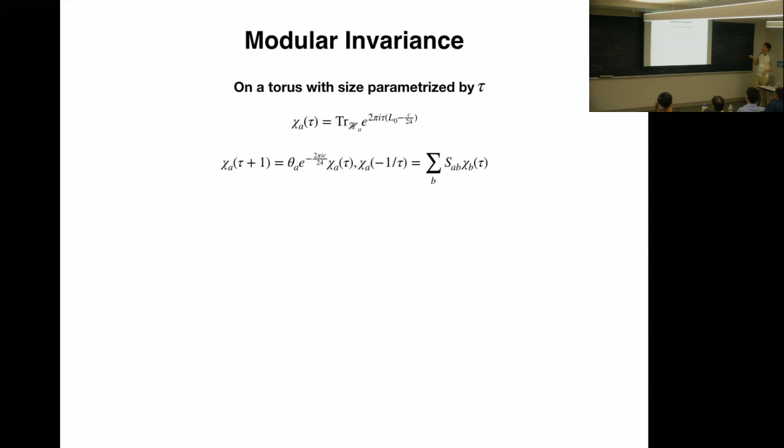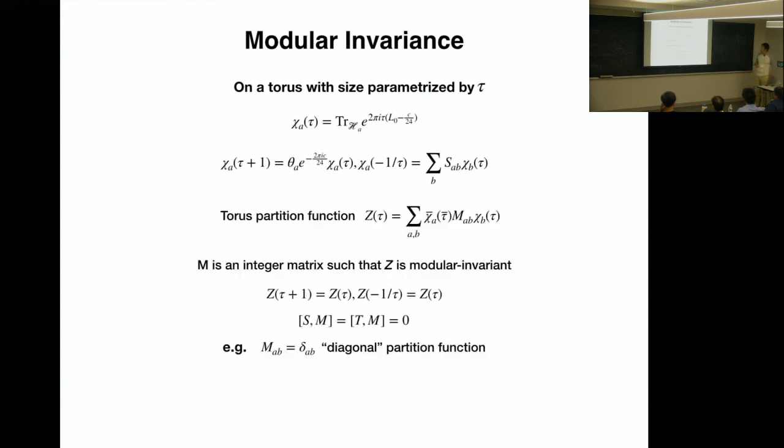And then each of them transforms in a certain way under modular transformations. So if you change tau to tau plus 1, this is a T transformation, you pick up a phase, and if you take tau to minus 1 over tau, that's an S transformation. And the total partition function on the torus